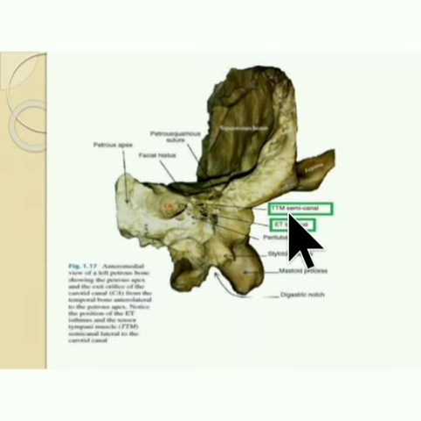The upper smaller part forms the semicanal for the tensor tympani muscle, and the lower larger canal forms the isthmus of the eustachian tube or the auditory tube. So the musculotubular canal is divided by a tiny plate of bone into an upper smaller canal and a lower larger canal.